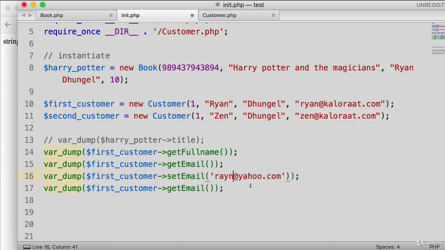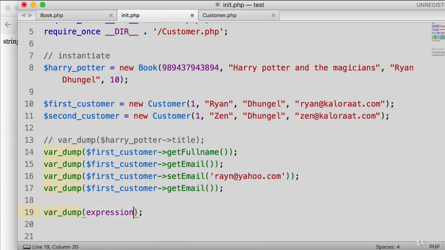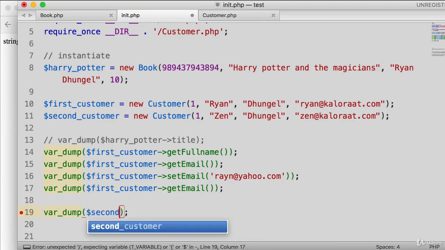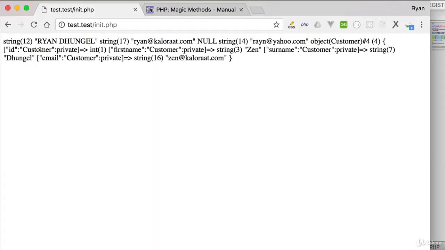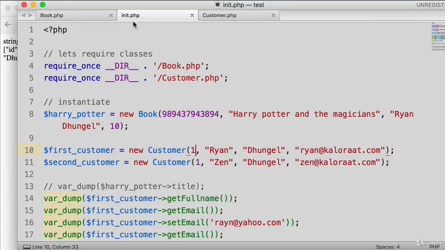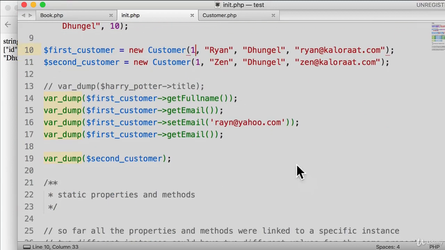So we can say var_dump, and we can var_dump the second customer. Okay, let's give it a try. Okay, so the second customer we created with Jen, with the surname of Dingle and the email of Jen. So, and we still have the previous one. Okay, so the class remains the same, properties remain the same, but based on the instantiation we get